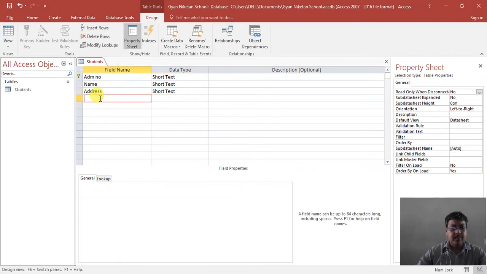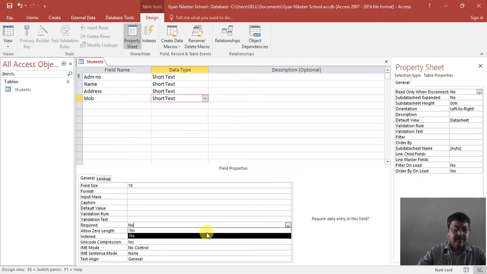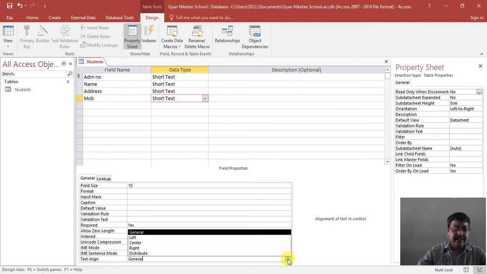Then mobile number. In place of numeric I have just set short text, and I set the data up to 10 characters. It is also set as required, and alignment as center.